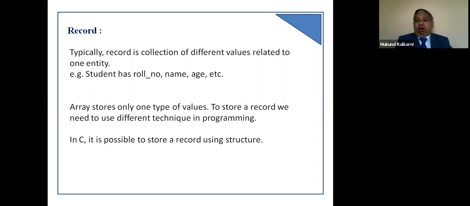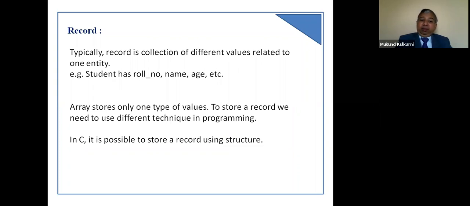All those values are related with single student. Array stores only one type of value. To store a record, we need to use some different techniques because record contains different types of data types and it is not possible by using array.